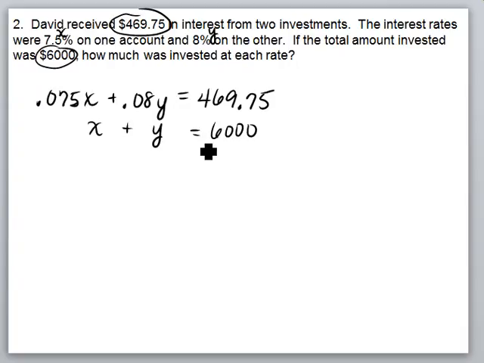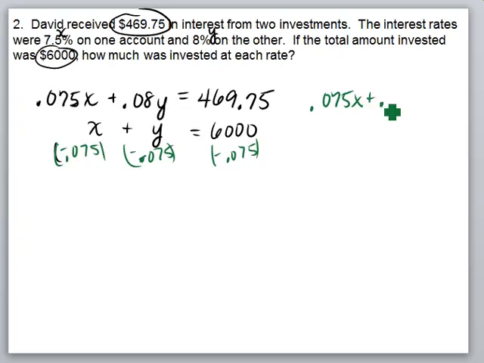Alright, I'm ready to solve these two equations using elimination. I'm going to go ahead and multiply the second one times negative 0.05, 0.75. So what that gives me is I would have